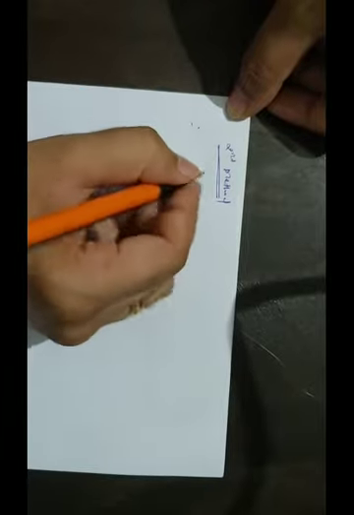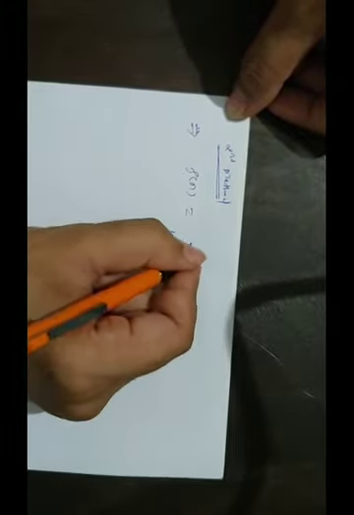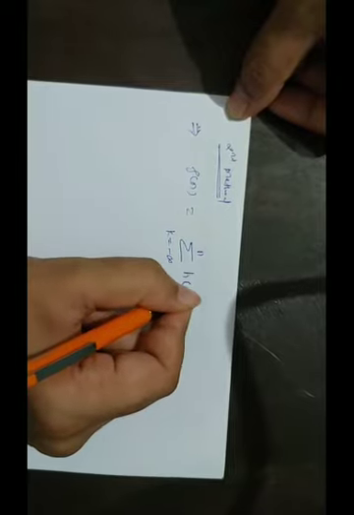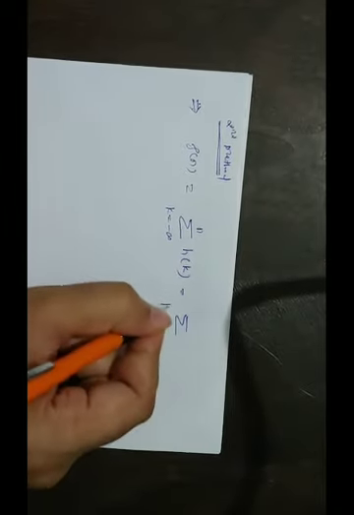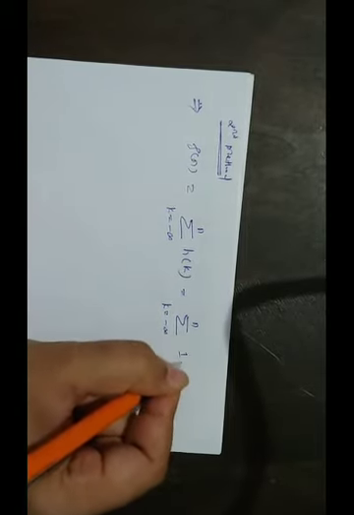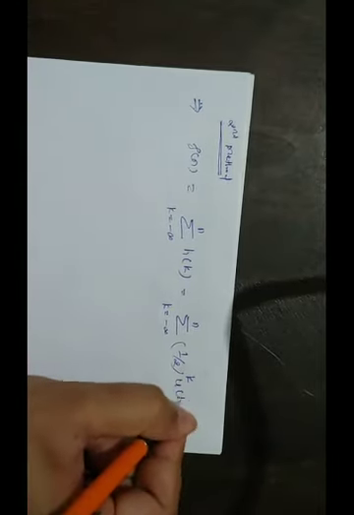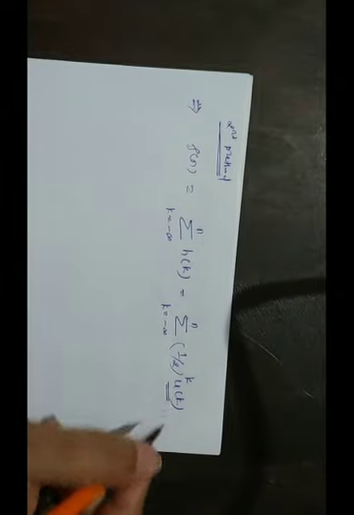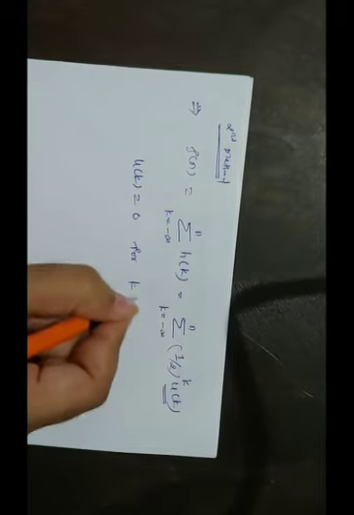That formula which has been given is S of n equal to summation of k equal to minus infinity to n of h of k. So let us use this one. According to that, I am going to write k equal to minus infinity to n. Given h of n is 1 by 2 to the power n, now it becomes 1 by 2 to the power k into u of k. Now look at this u of k.